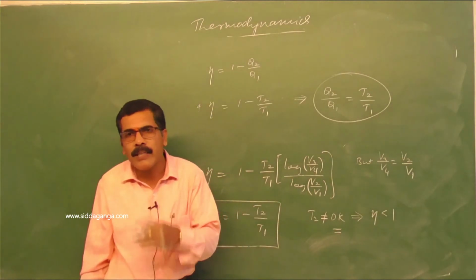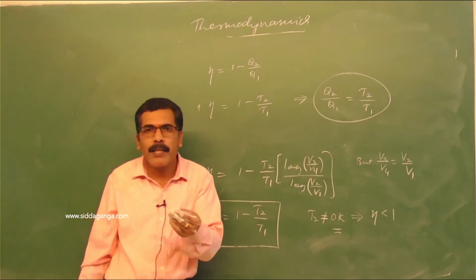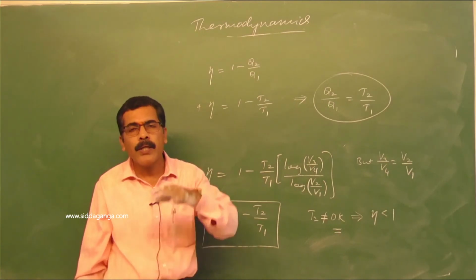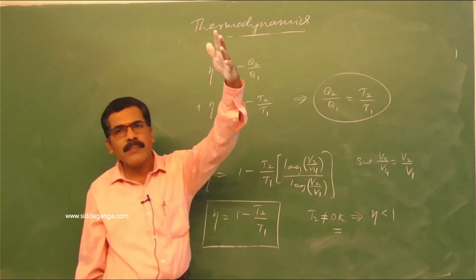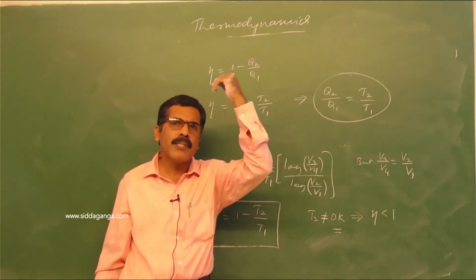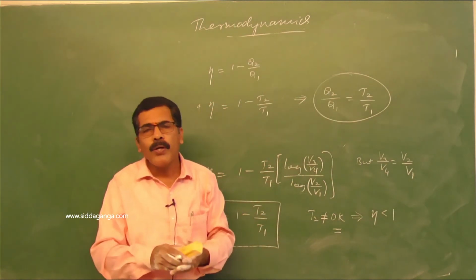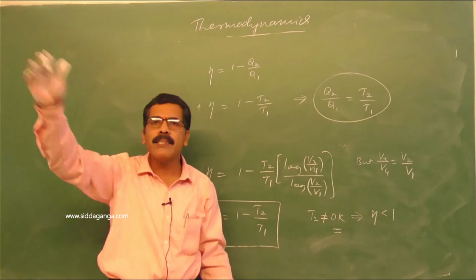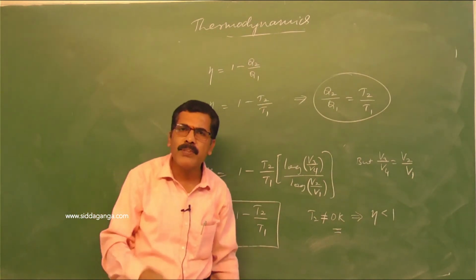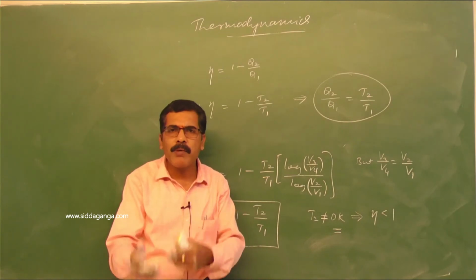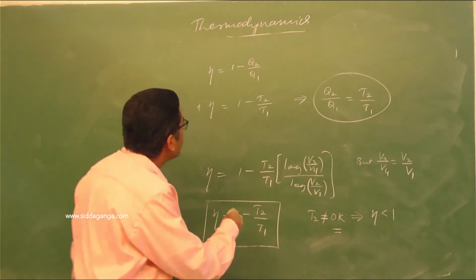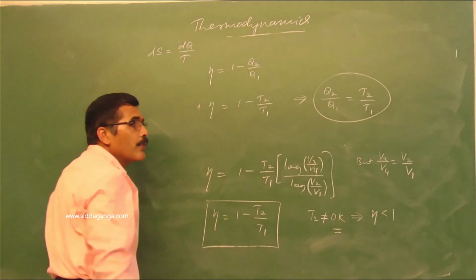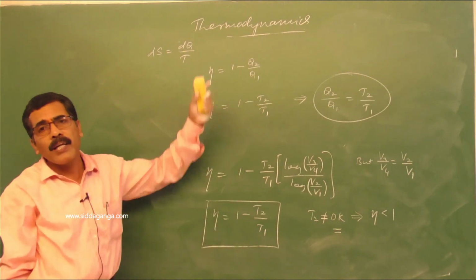But once there is a change of state from solid to liquid, there will be little disorderness. We say that there is a change in entropy. Entropy is increasing. When the substance reaches the gaseous state, entropy further increases, and when it reaches plasma state, entropy is maximum. Therefore, when there is a change of state from solid to liquid, liquid to gas, gas to plasma, there will be increase in the entropy. So it's very difficult to define entropy. However, we can mathematically define entropy change. The change in entropy is given by dS is equal to dQ by T. So using this equation, we can define what is entropy.